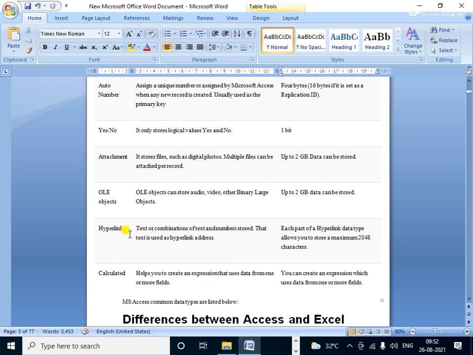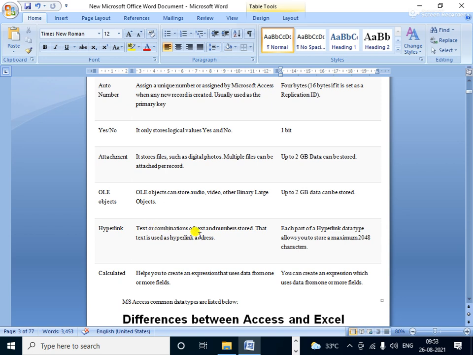And the next is the hyperlink. All of you are familiar with this hyperlink, because in the previous classes you learned it. When you connect to web applications or any other application, this is called a hyperlink. When you click on a particular place and a new page opens, this is called a hyperlink. When you create a link from one page to other pages, this is called a hyperlink.